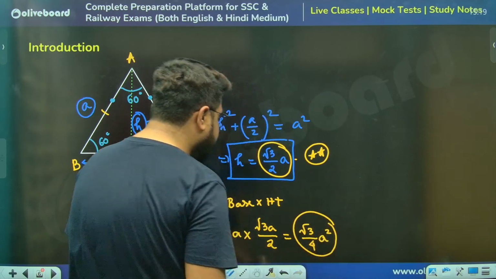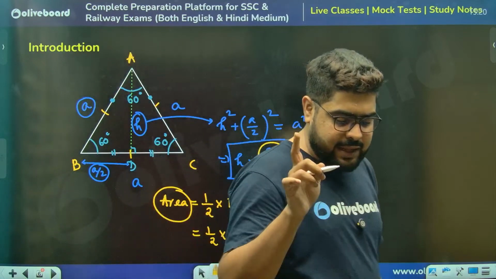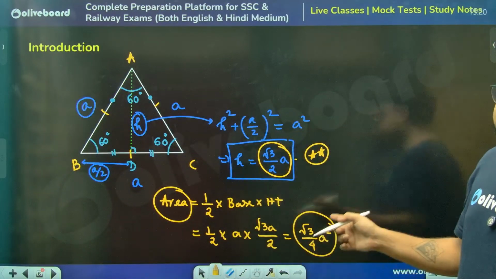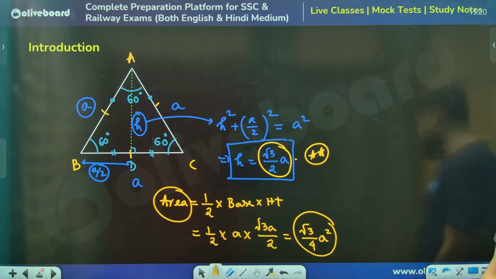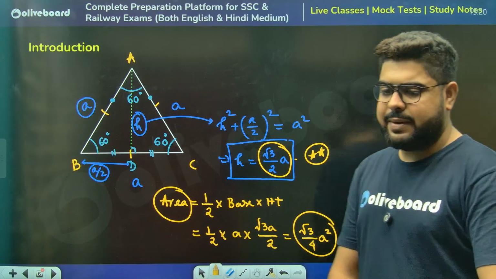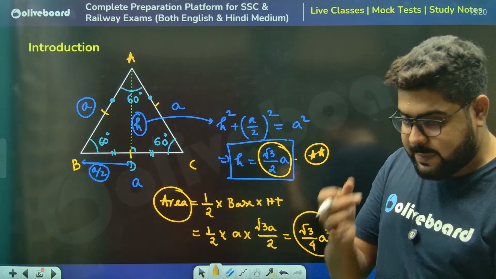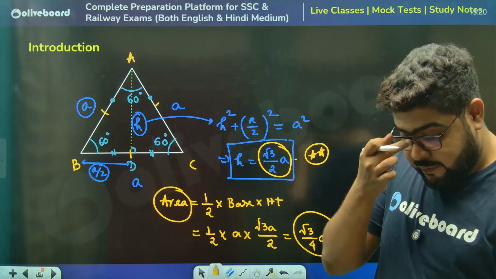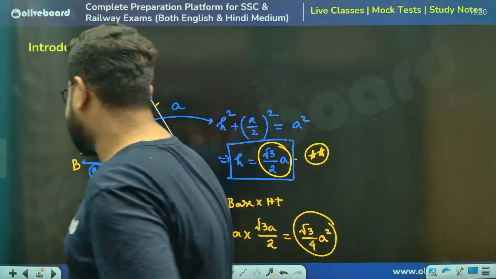That is the formula for the area of any equilateral triangle where A is what? A is the length of any side, length of its sides. Clear, everybody? Everyone 100% clear? Now, if this is clear,